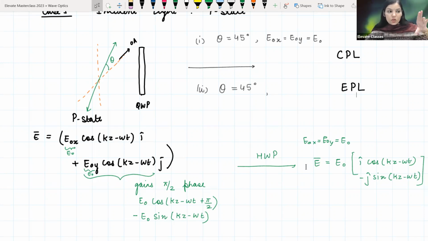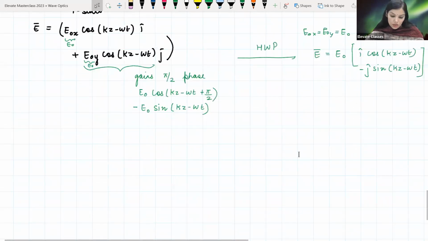Polarizer का सिर्फ मुझे theta change करना है, and I can choose what P state I want to make. But then from that P state to make an elliptically polarized light भी बनाना आसान है. It's the most general case, but circular बनाने के लिए its quarter wave plate is the most useful element. Okay, so case number 2 हो सकता है